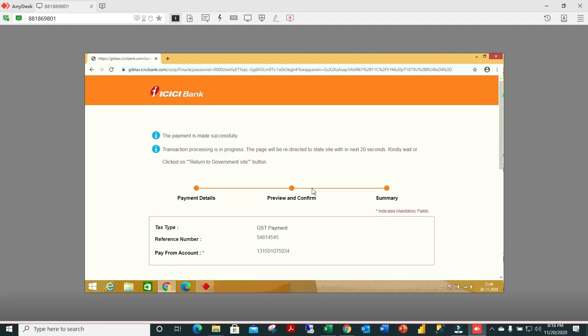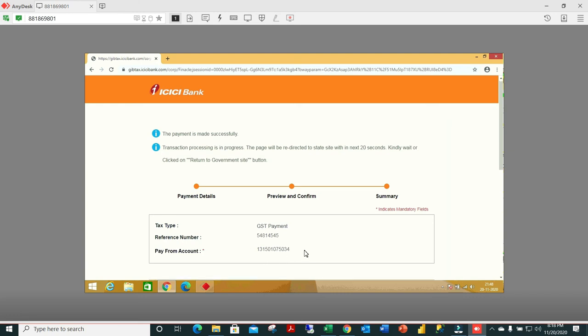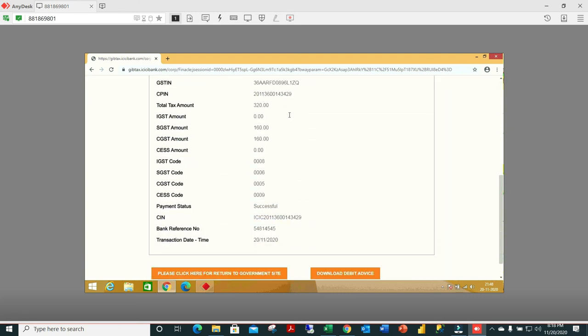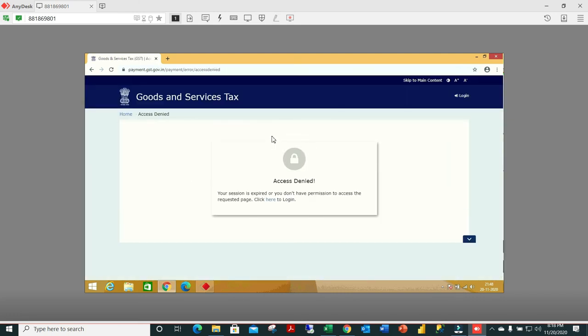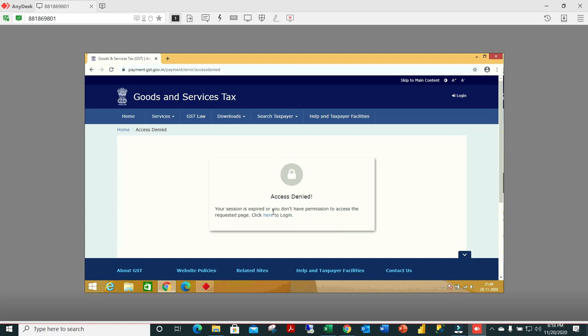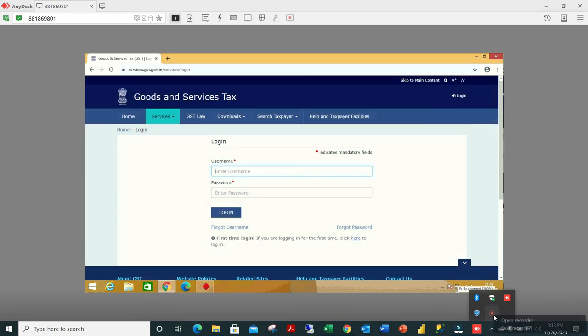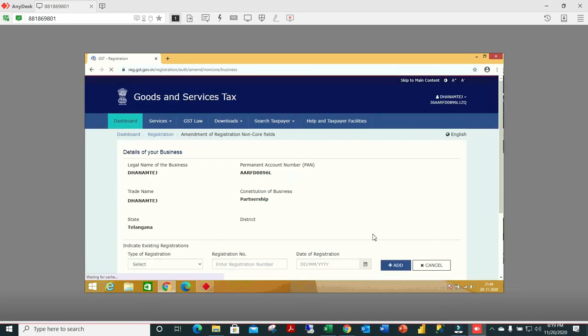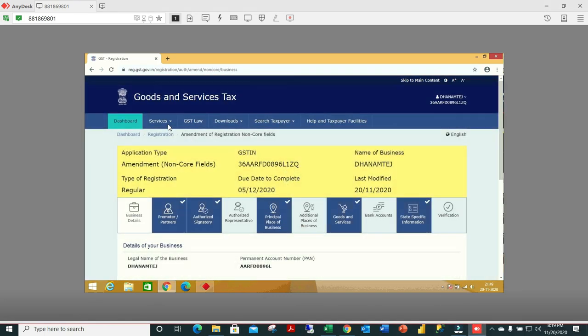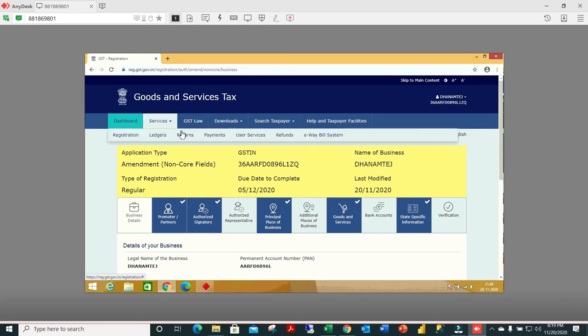This video will be very useful for the starter company who will not be having some business in the first couple of months. So they need to file this compulsory GST return, nil business return, within the specified due date. So once you know the process, you can just file it yourself.